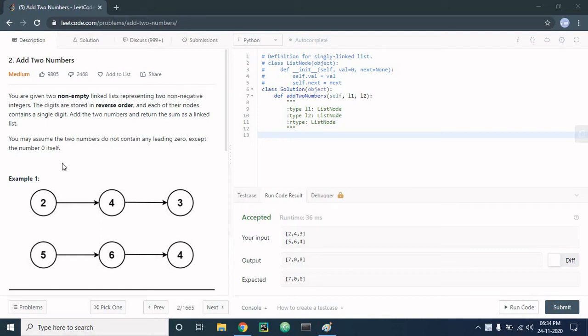Hi, I am Suhan. Today we are going to talk about Add Two Numbers. This question is second in this series and is my favorite question, as it requires knowledge of linked